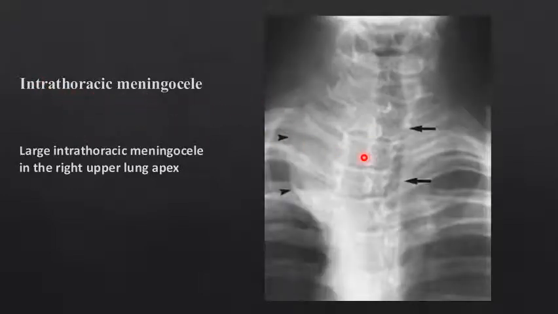Intrathoracic meningocele. Here we can see an AP view of the cervical spine. We can see that the trachea has been deviated to the contralateral side. There is a scoliotic deformity, as we can see by the angular orientations of the spinous processes of the vertebral bodies. There is a well demarcated radiodense lesion in the right paraspinal region, and this lesion is demarcated by the air of the lung. It's a classical posterior mediastinal lesion, that is an intrathoracic meningocele.